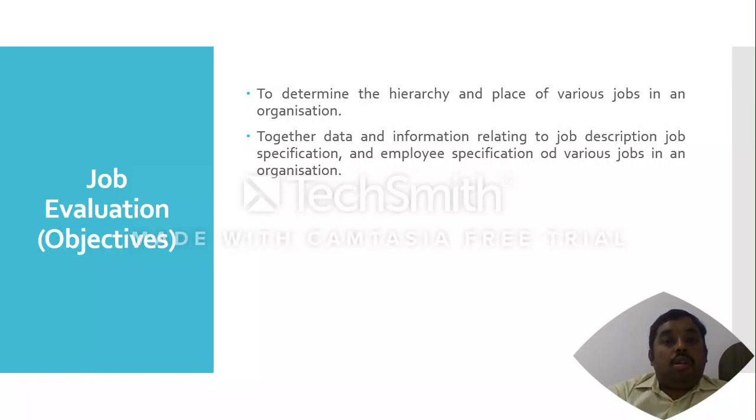Based on the offer, all that is mentioned in the job description. And job specification also tells the specific requirements of the organization: this particular qualification is required, this much experience is required